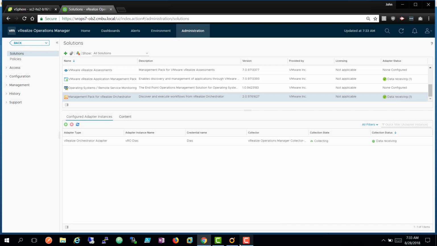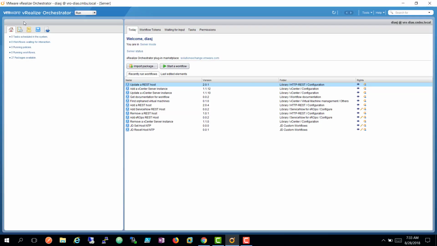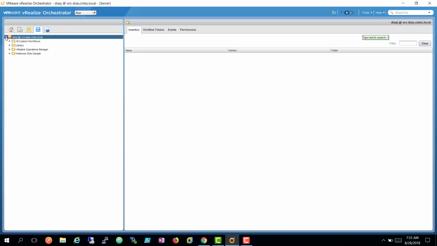Now, what will happen is the management pack will actually go out to Orchestrator and add the workflow package that includes the out-of-the-box workflows that will automatically be added to the action framework in vRealize Operations if you selected that option to enable dynamic actions. If not, those workflows will still be there, and you can certainly import them later, but they won't be added